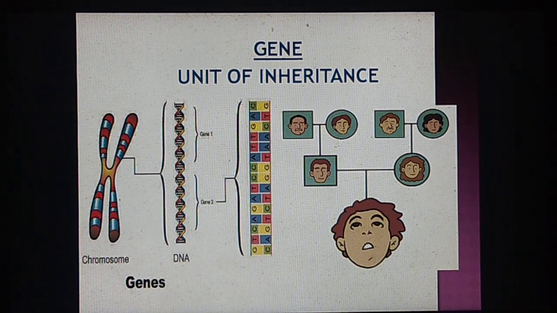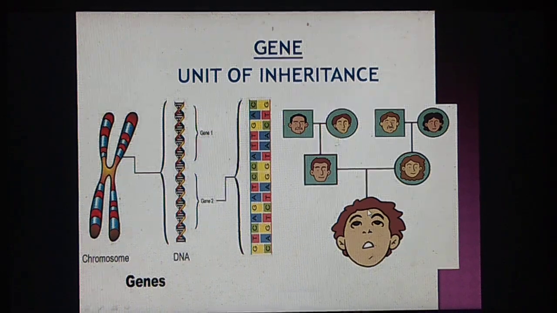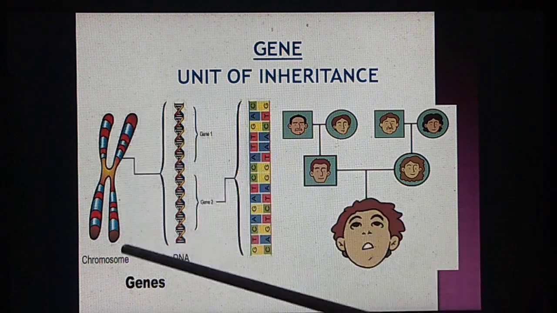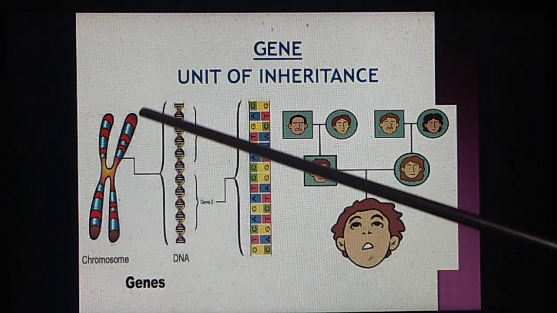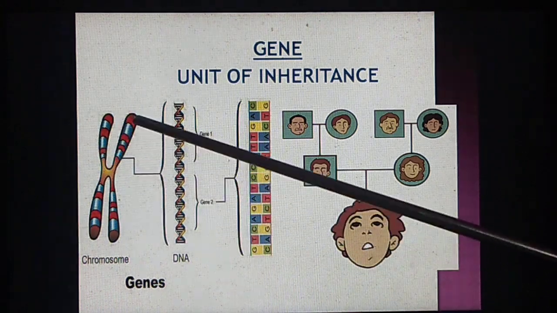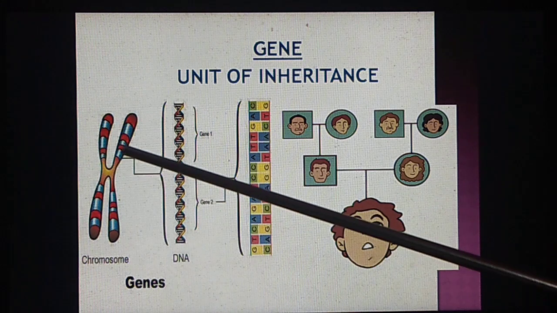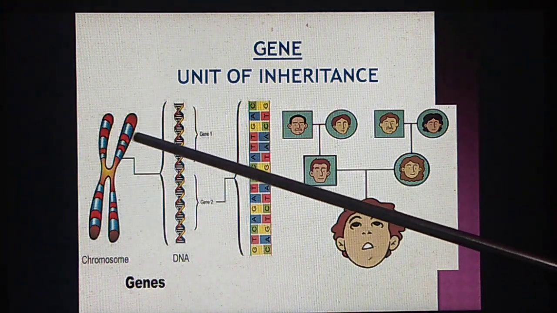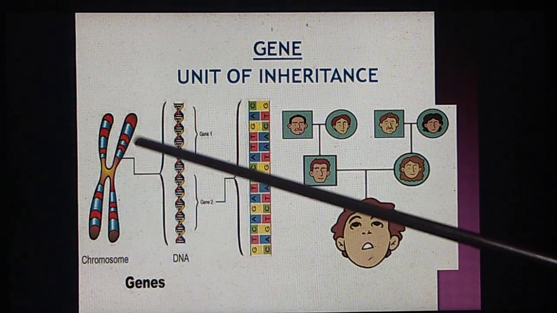And this occurs due to sexual reproduction, by which the gametes carry the characteristics and transfer them from the parents to the offspring. Genes or Mendelian factors are considered to be present in a linear fashion on the chromosomes. So we can also define a gene as a unit of inheritance which consists of a segment of chromosome and is responsible to express a particular characteristic.